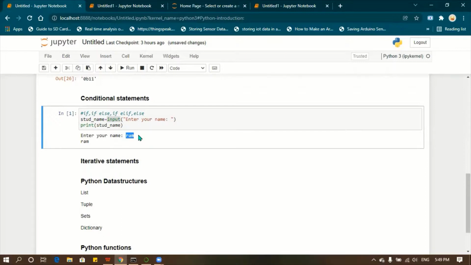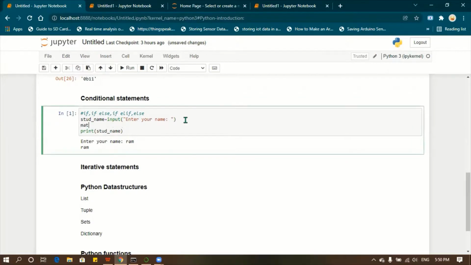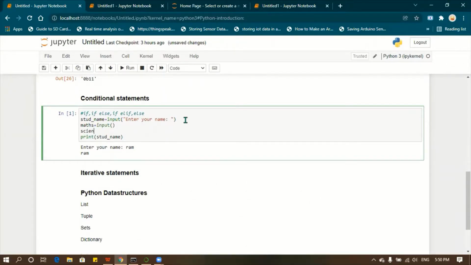So if you want it to be an integer or float, for example, here max, give the input, then science, input.